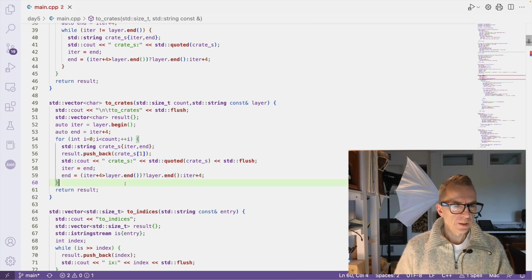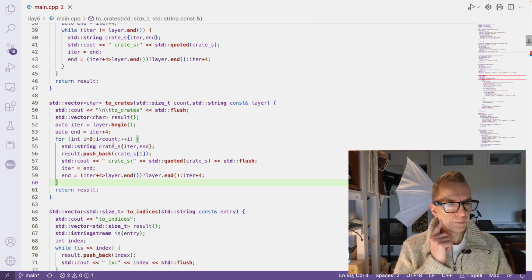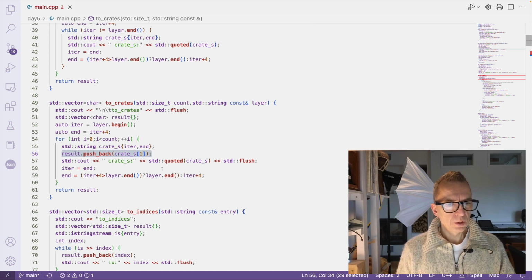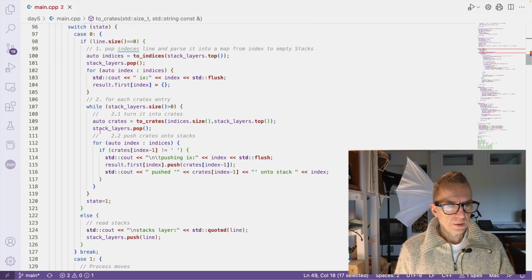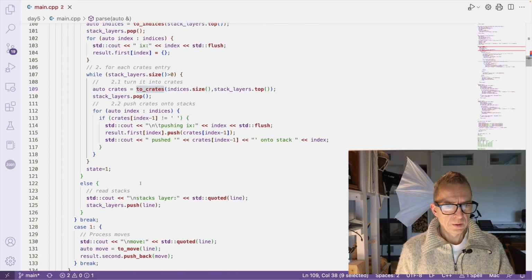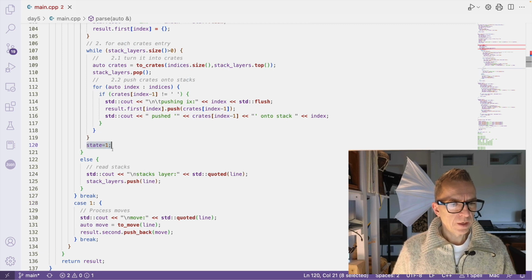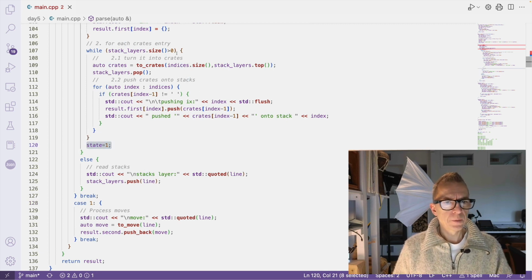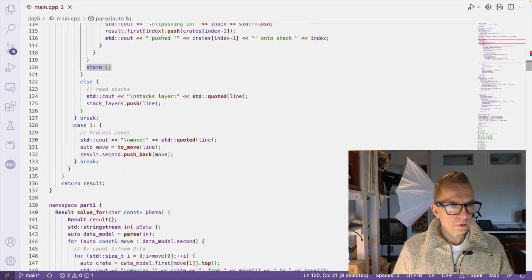I suppose you can clean this up, but this is what I came up with. Each time we find one, of course, we push that one. So then we get a vector of crates here. That was the 2 crates helper. When we come here and find the empty line and have processed the stack definitions, we go to state 1,